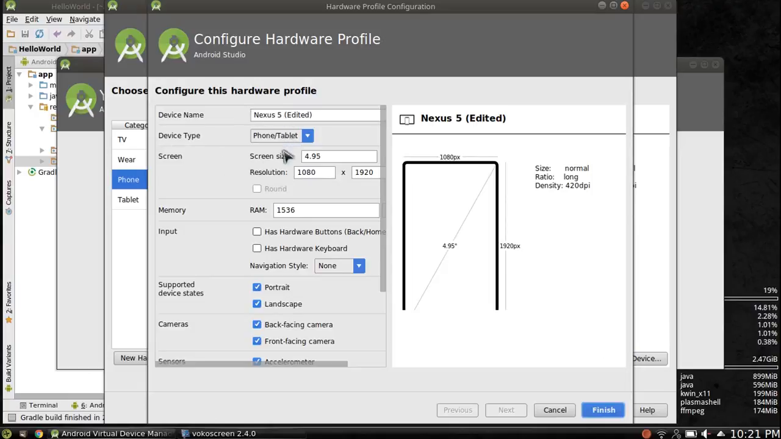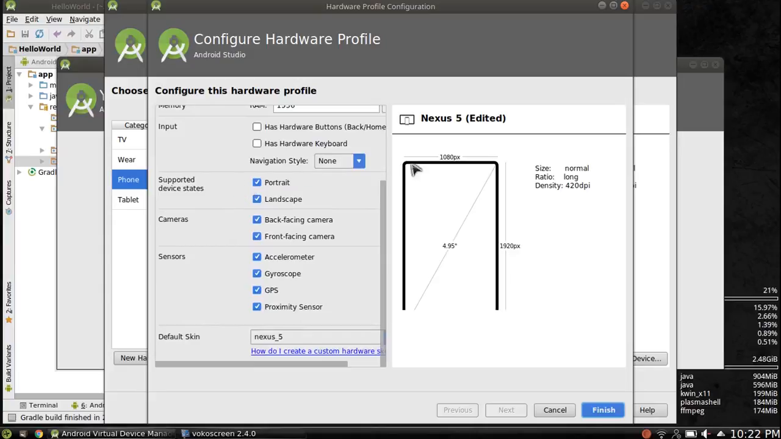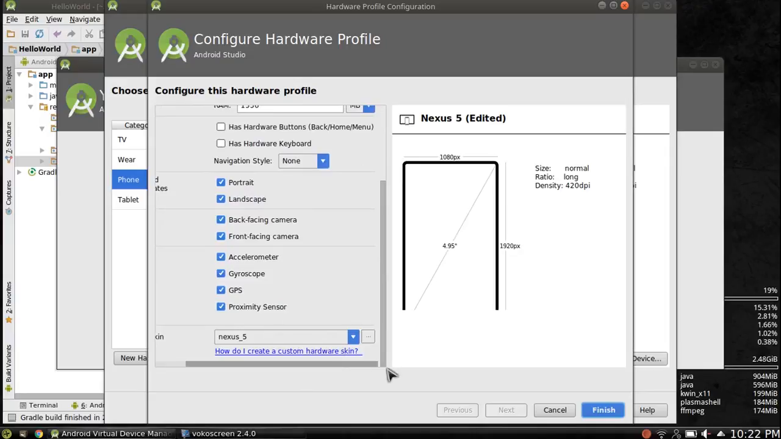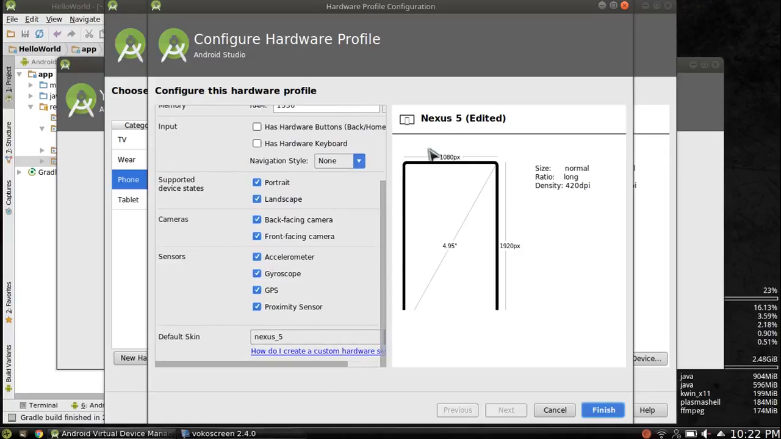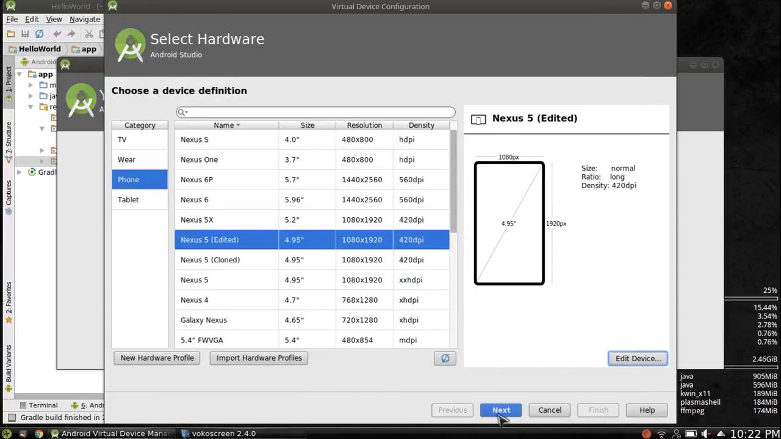When you clone it, you can actually change parameters on it. You can change the resolution, the RAM. I wouldn't recommend it. Supported device states, you can make it a Nexus 5 that can only do landscape. You can make it not have any cameras. So that's why I recommend cloning it, that way you're creating kind of your own custom phone and not messing with the default one. So we cloned it, we left it named as edited, we hit finish, we're going to hit next,